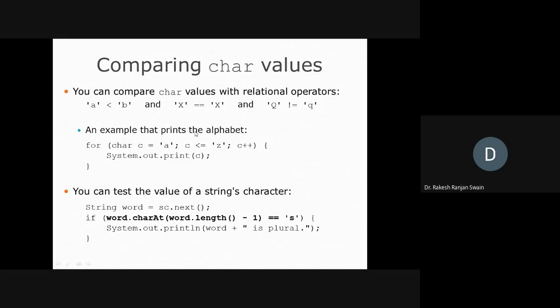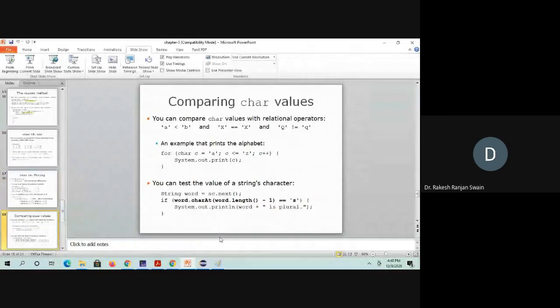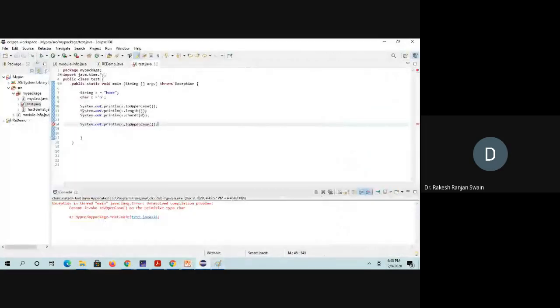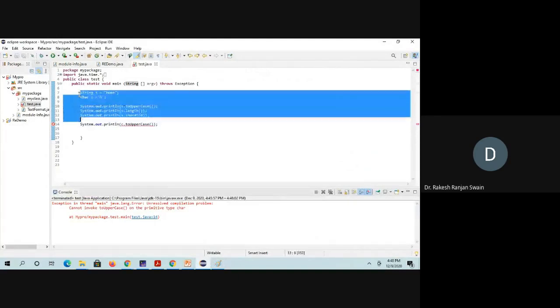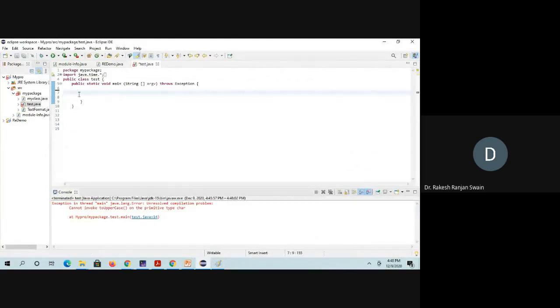An example that prints the alphabet. So here I will print the alphabet.